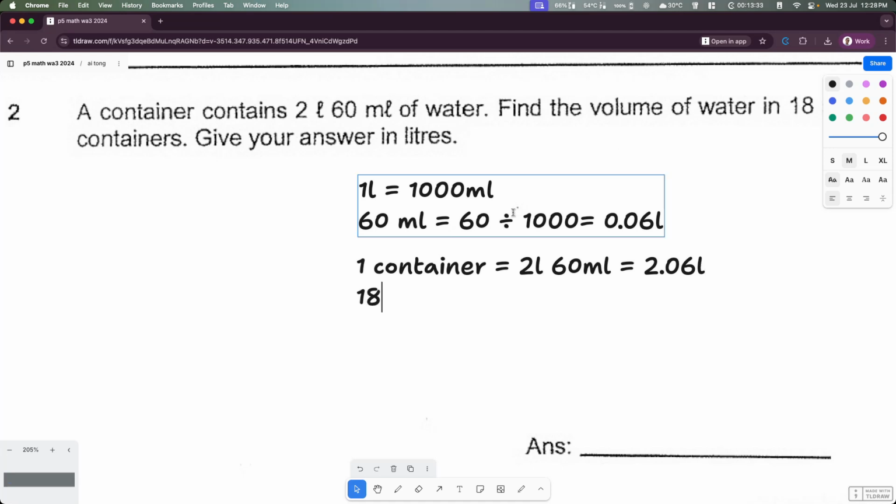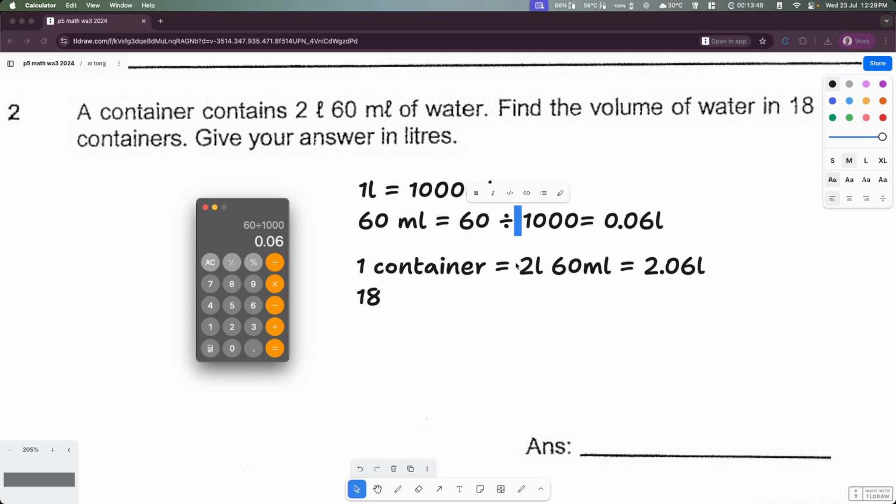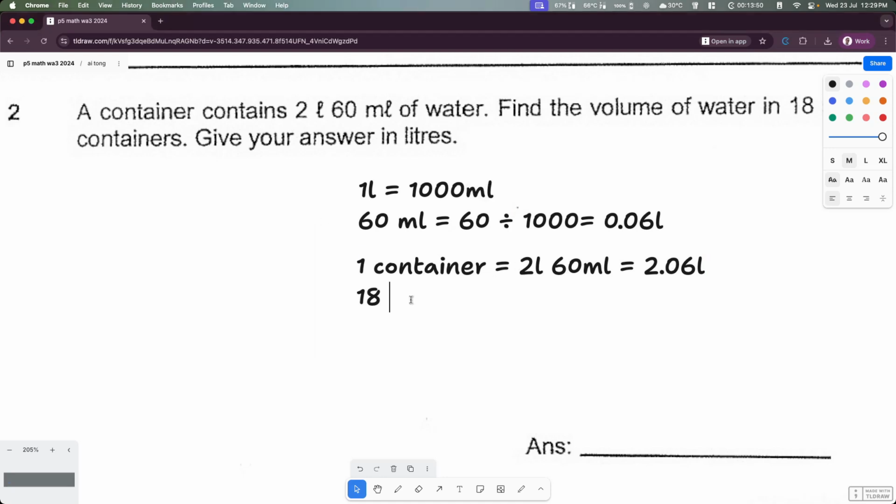Then the next thing is we want to get 18. You can also double check using your calculator. So always double check your calculator. If you want to be extra sure, which I recommend, divide by 1000. This is 0.06 liters. So now we know that one container is 2.06 liters. So 18 containers